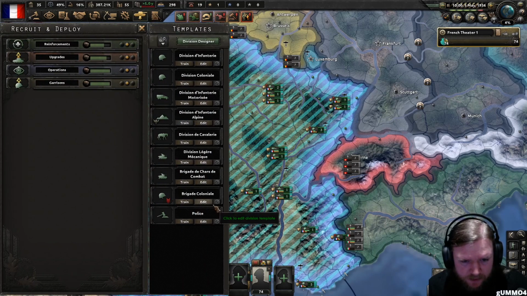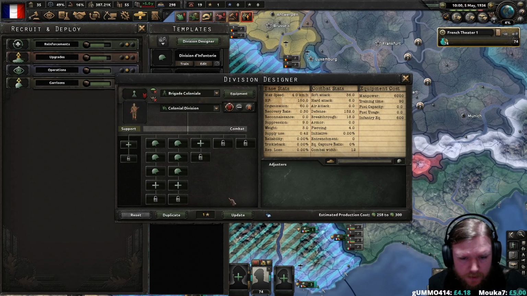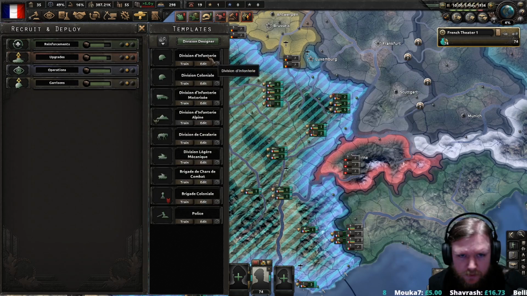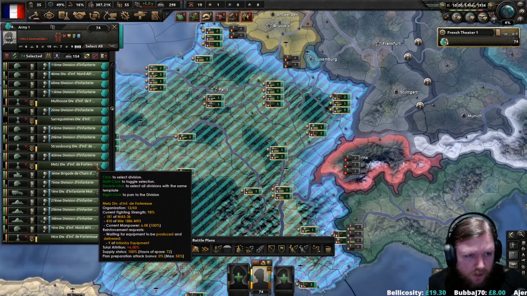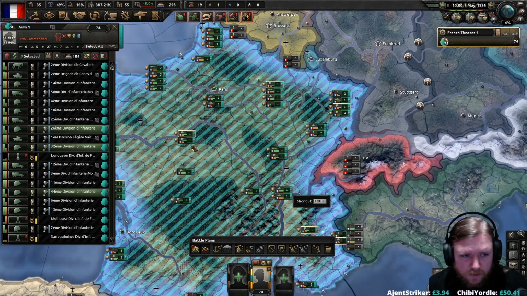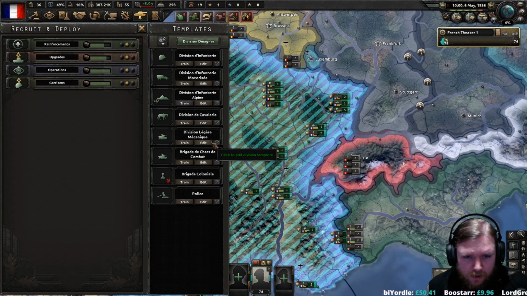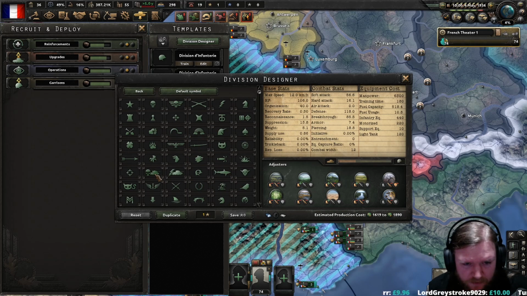Right, the other thing I wanted to do was change your icon to that. And then yours. These two units are actually identical. So we're going to grab the Division Coloniale and just turn them into Division Infantry. And then I'm just going to go and delete you. These are the motorized divisions, so we will give you...